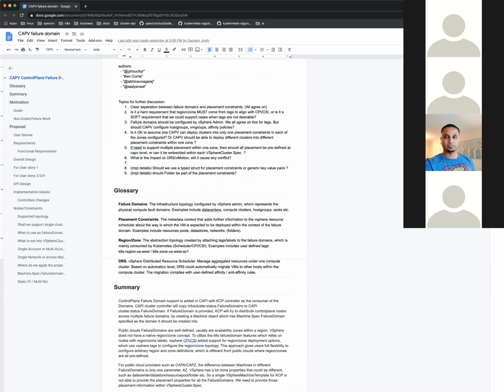The next one is from me. It's actually on behalf of Yassine. So I think we're going to start adding a roadmap for CAPV. Obviously what we do around failure domains is going to be an important part of it. There's also some other deprecations that are going to be made, mostly around the fact that right now CAPV directly deploys CSI and CPI, and that's going to be taken out in favor of using DRS or whatever Cluster API does around add-ons management.